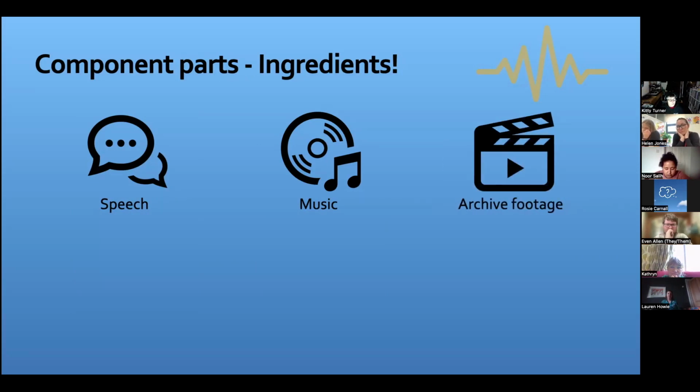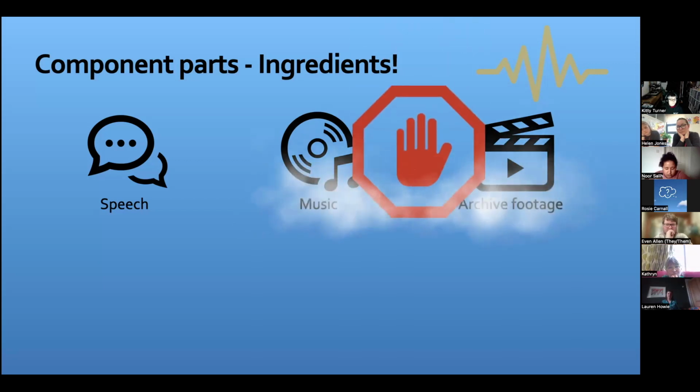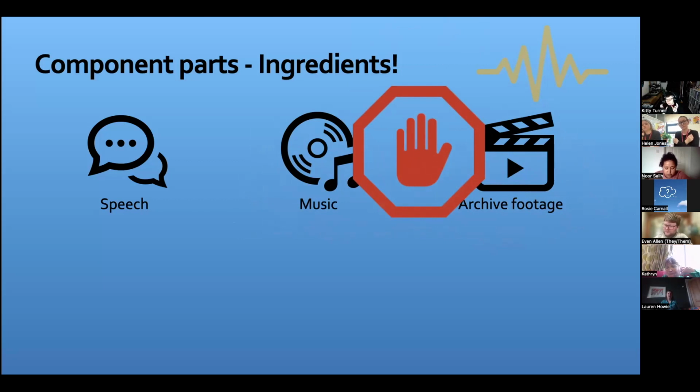The third ingredient often is archive footage. Now then, a little mythbuster here. Any music or any kind of archive footage, TV, radio, film clips, for instance, must have the necessary permission from the copyright or IP holder. And we'll come on to a bit more of an in-depth mythbuster about this on the next slide. Mythbuster, that's really hard to say. Oh, okay. I'll talk a bit more about that in the next one.